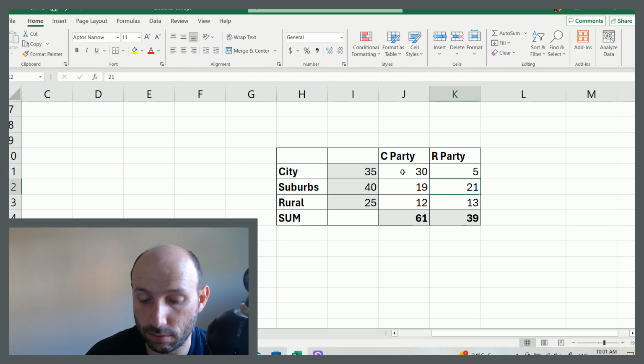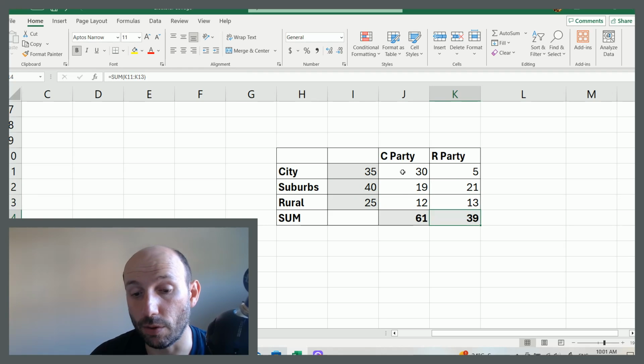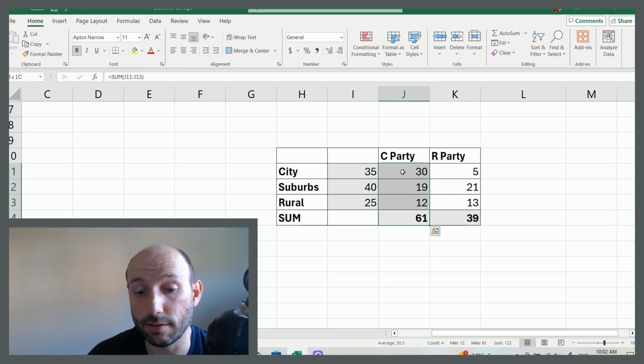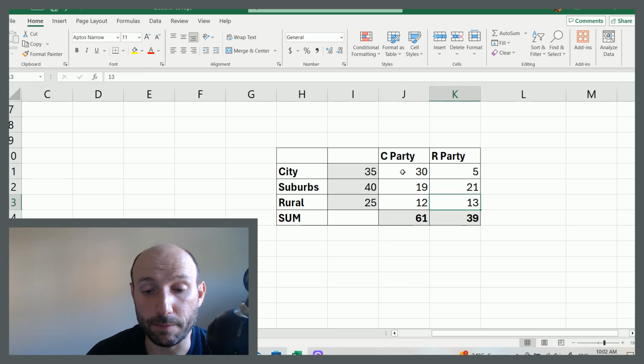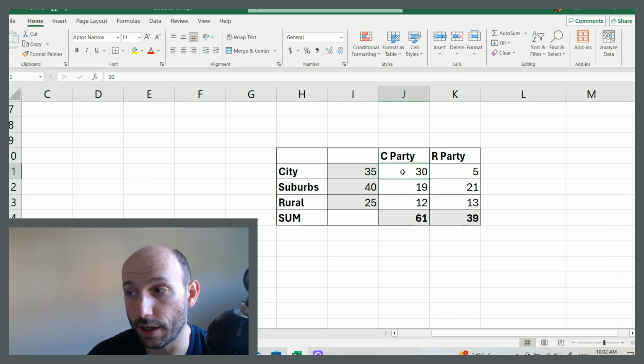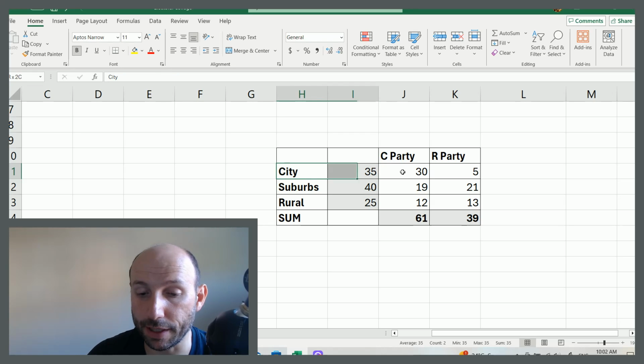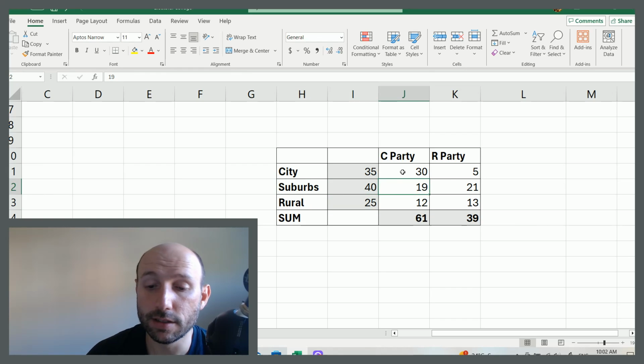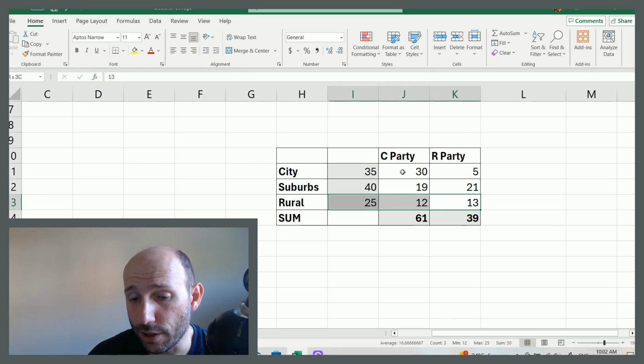So the R party won 2 of the states. With 65 points, they win the Electoral College, they win the election, even though they only have 39% of the vote. 61% of the people voted for the C party, right? So this could happen, where the majority of the population votes for one party, but a different party actually wins the Electoral College. And it can happen either way, in favor of the C party or in favor of the R party. So yeah, that's an awkward situation, right?